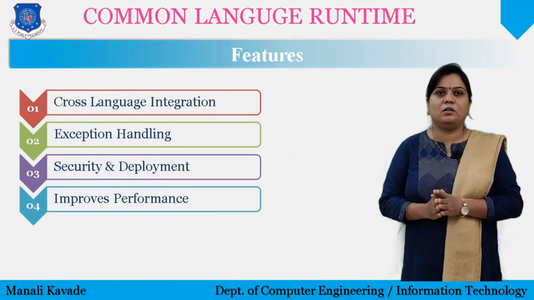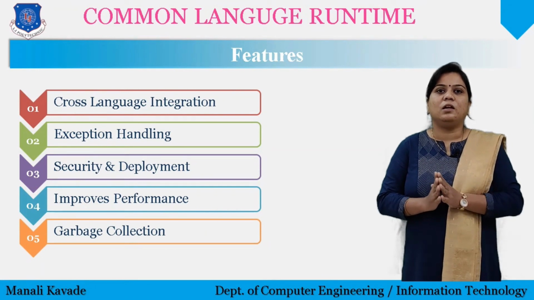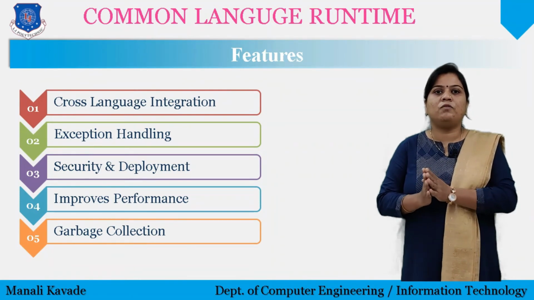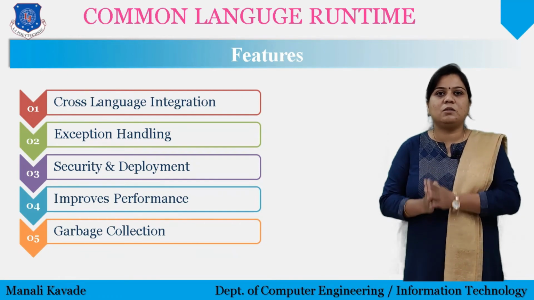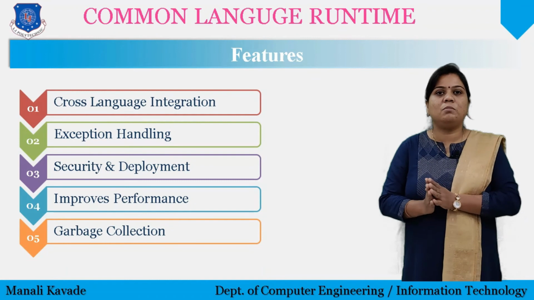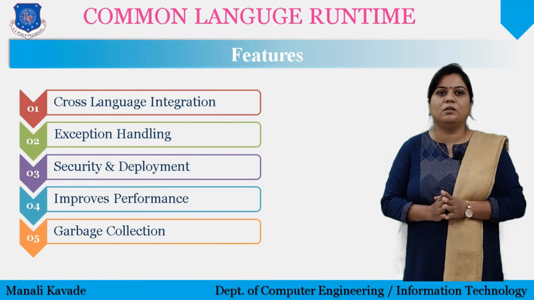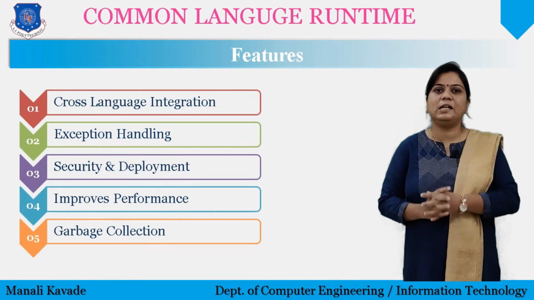Finally, the last feature supported by the CLR is garbage collection. In programming, whenever you execute a program, some memory out of the main memory gets occupied. As soon as your program is terminated, it is necessary to remove that particular memory space as well. So the garbage collection feature of CLR will ensure all the memory is removed once it is of no use. This was all about the important concept of .NET, that is the CLR.